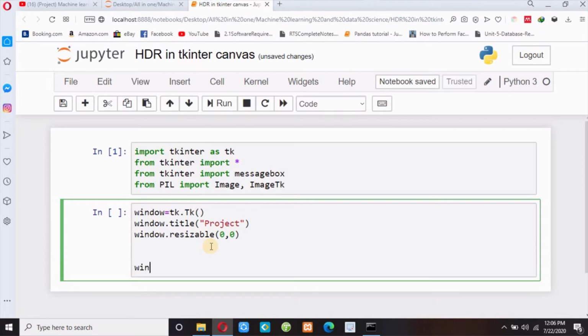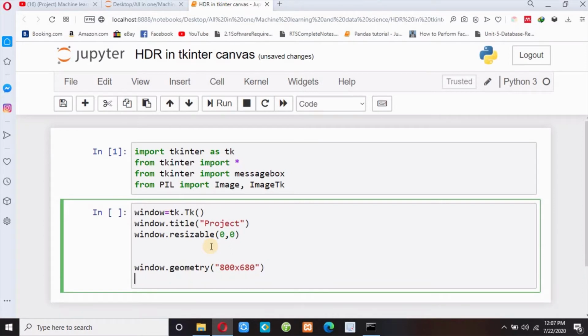I have done this code a lot of times, so let me write it very quickly. window.geometry, to define the size of the window, 800x, suppose 680. You can change this. And to make the window visible, window.mainloop. Shift enter.